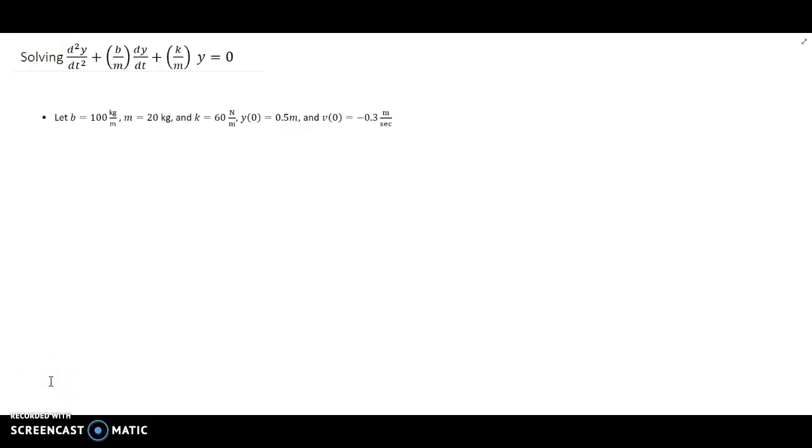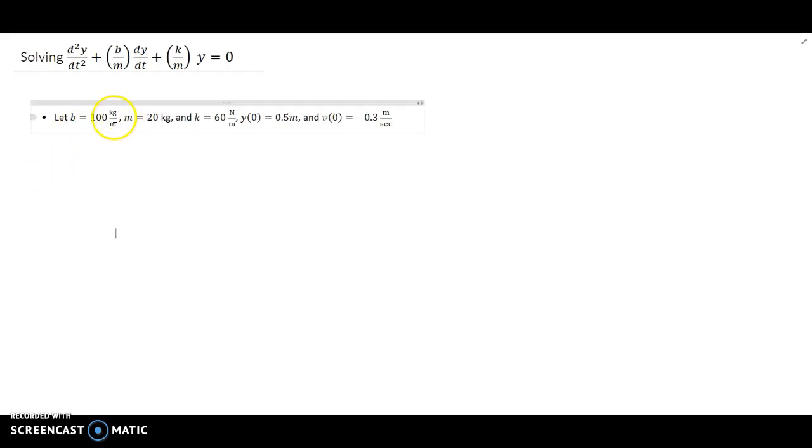So in this video, I wanted to go ahead and give another example of solving a second-order differential equation that involves a damping coefficient that is not zero. So in other words, we have a set of mechanical vibrations or harmonic oscillations that has some sort of force opposing the velocity. And so as a result, we expect that this spring mass system will eventually come to some